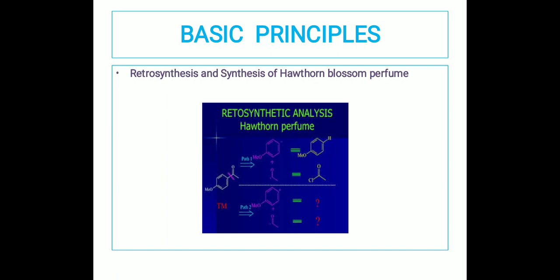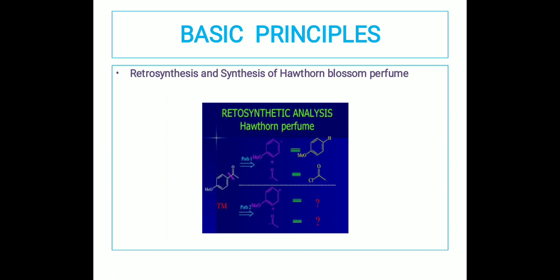The target molecule is para-methoxyacetophenone. Now another question arises: why can we not write the other kind of disconnection, wherein the benzene gets the positive charge whereas the acyl group gets the negative charge? When you look at the target molecule, we can easily make out that there is a C=O CH3 attached to the methoxybenzene, which means it is an acyl group. Whenever an acyl group is linked to an aromatic benzene compound, the suitable reaction is always the Friedel-Crafts acylation.